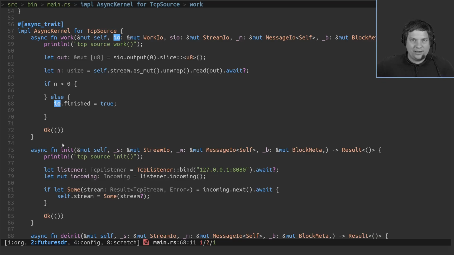I think it's better if it's explicit because, in my opinion, GNU Radio tries to solve a problem that's not solvable. Because maybe this block just produces items when it's full moon. How should the runtime know without telling it explicitly, like call me again at this point in time or something like this? So just observing the block and trying to derive something from it doesn't really work. So the whole idea of this work IO is to be explicit. So in this case, we say, okay, we're finished.